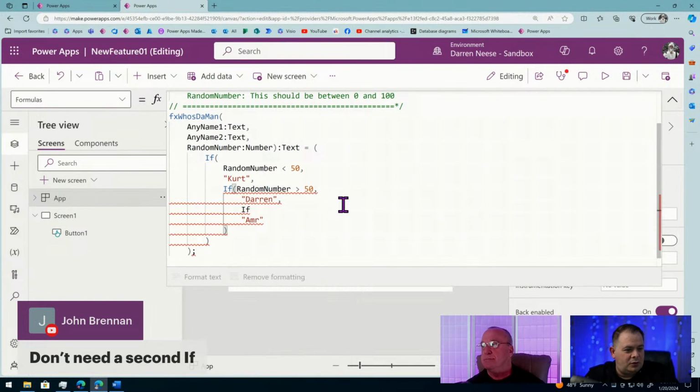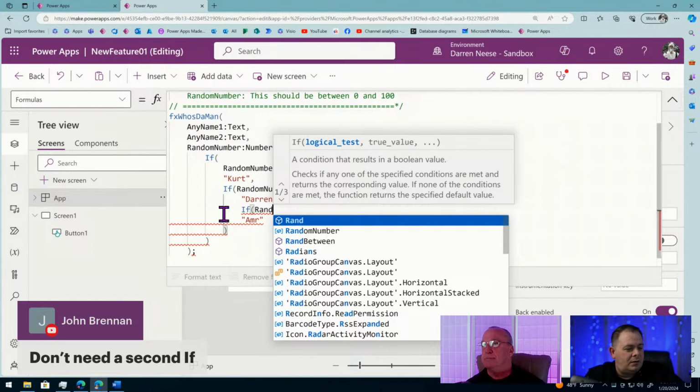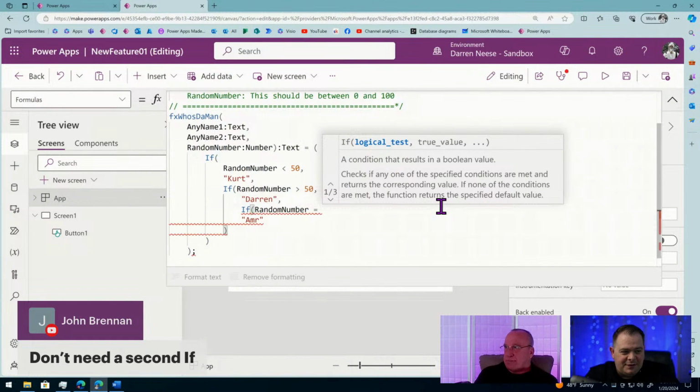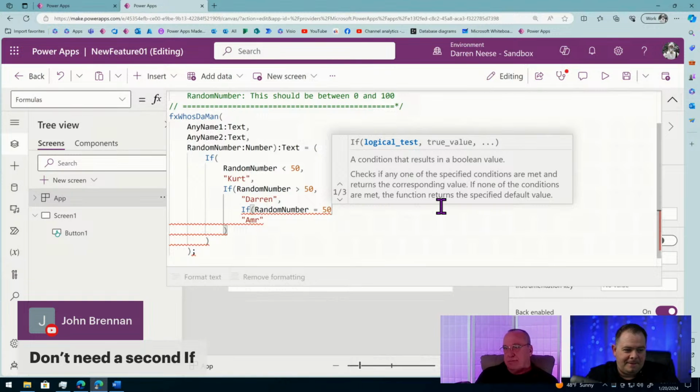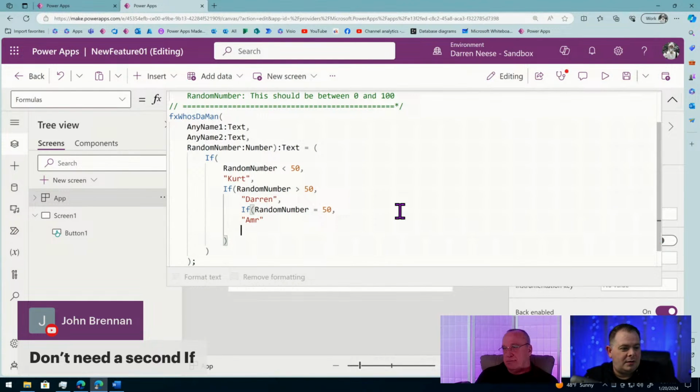If we say random number, look at that. We have that as an IntelliSense item here because it knows that I have a parameter variable I can work with. Okay. If it's 50, then we'll do hammer. Right. I could have done that. Could have. Didn't need to.